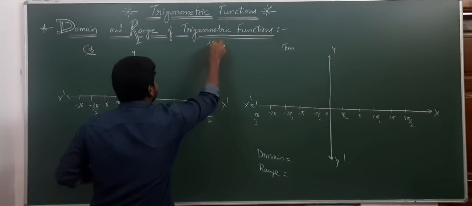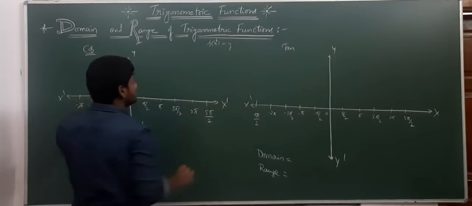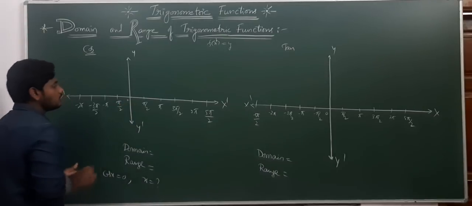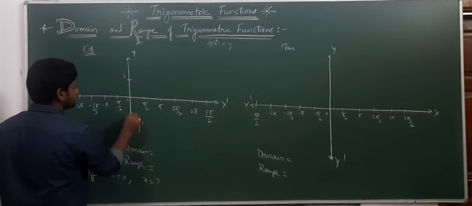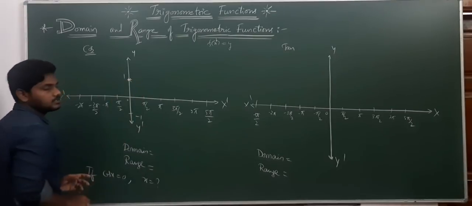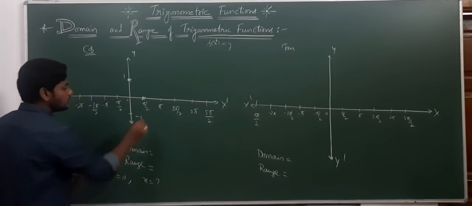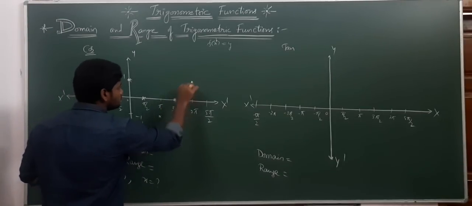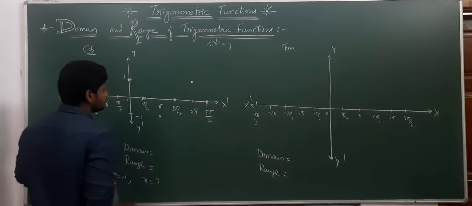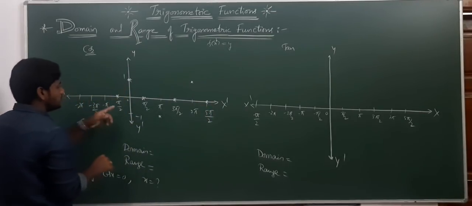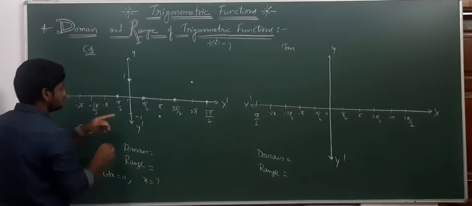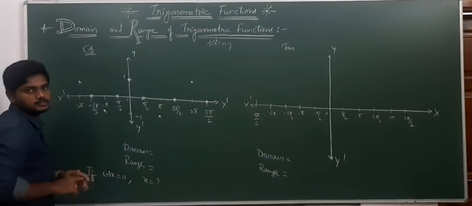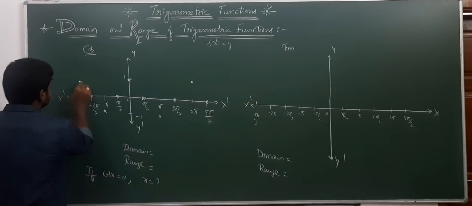Generally, if f of x equals y, after substituting x values only, we will get y values. Let us observe. What is cos 0? Cos 0 is 1, cos 90 is 0, cos pi is -1, cos 3 pi by 2 is 0, cos 2 pi is 1, cos 5 pi by 2 is 0, and again cos minus pi by 2 is 0, cos minus pi is -1, cos minus 3 pi by 2 is 0, cos minus 2 pi is 1. Now, if we join these,